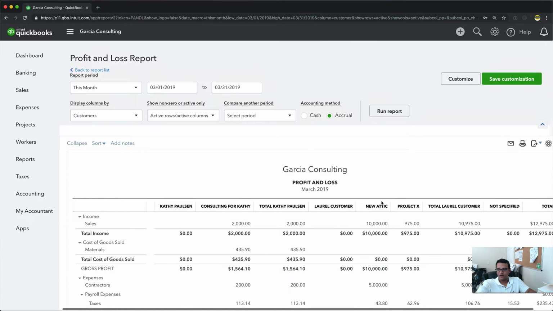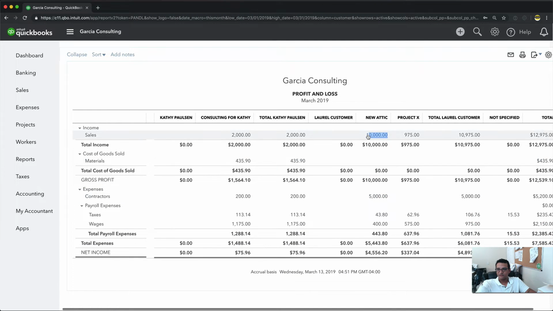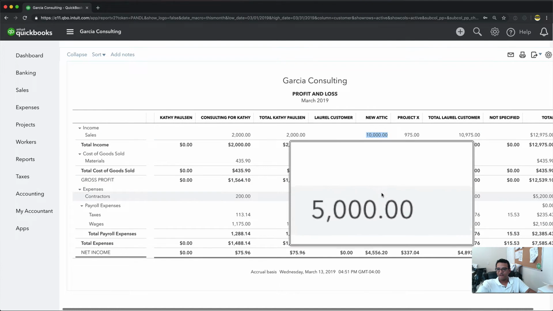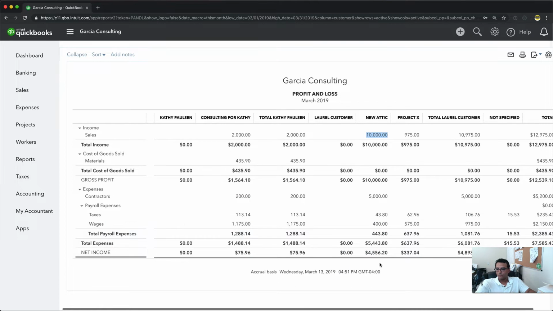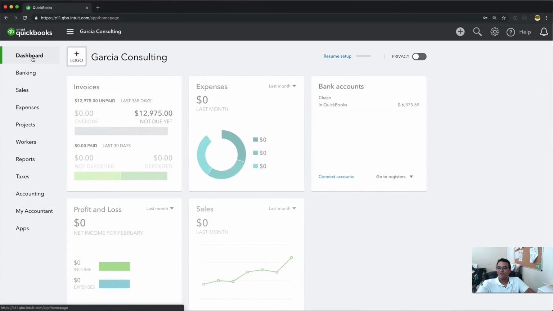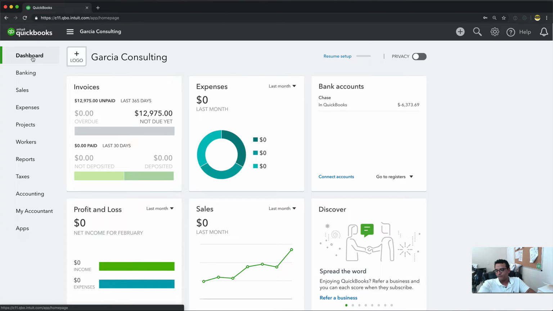Here's my new addict project. Notice that there's the $10,000 worth of income. There's my $5,000 of the contractor expense. And there's my payroll. So beautiful thing. It works really, really well. I'm extremely happy about this feature, which is brand new for the first quarter of 2019. And that should be a really big game changer for a lot of people using QuickBooks Online that weren't able